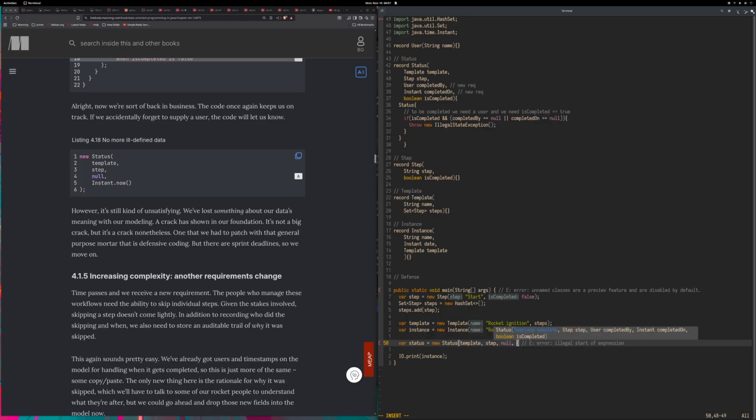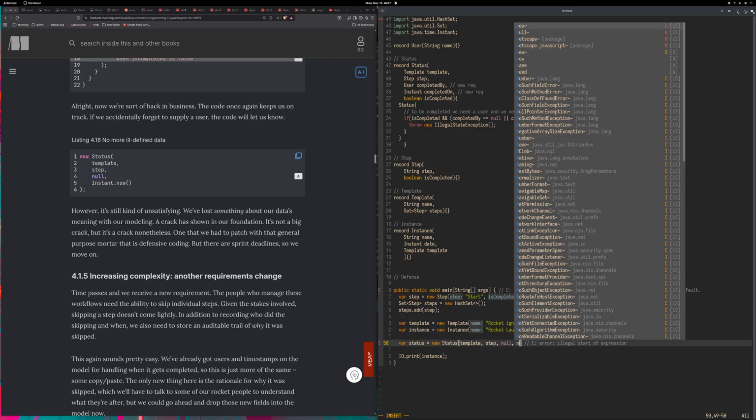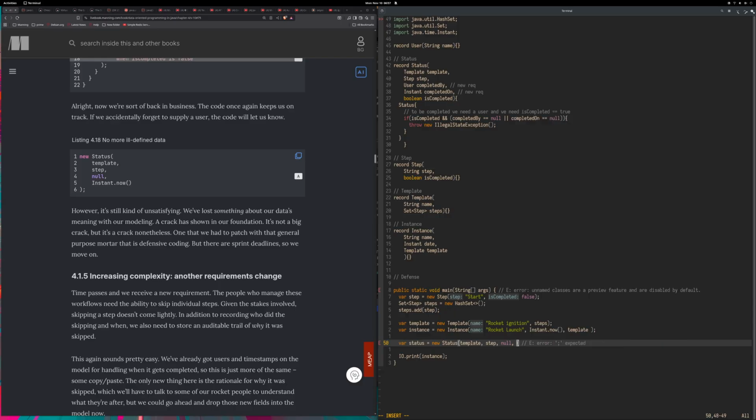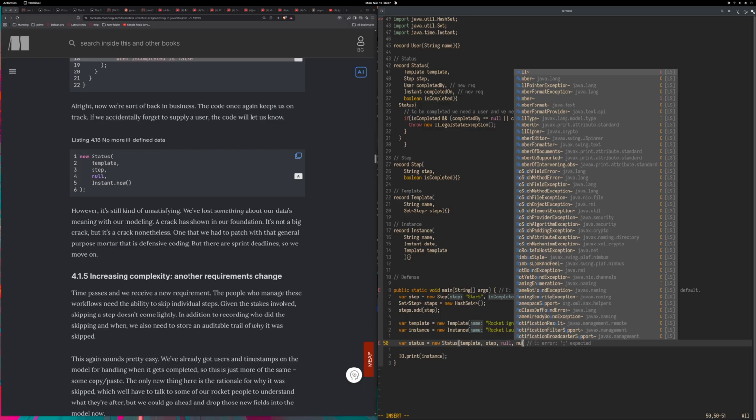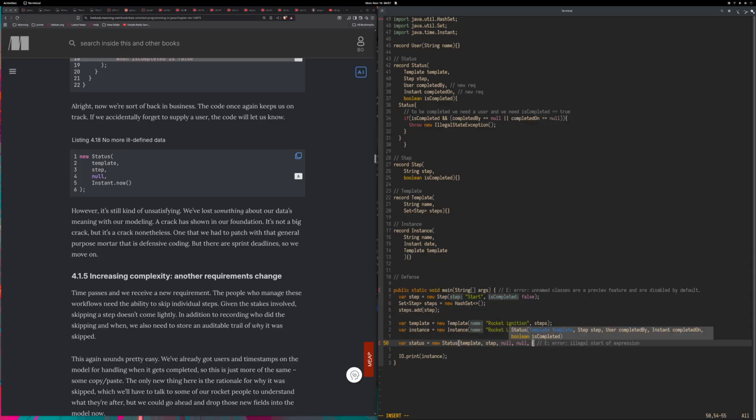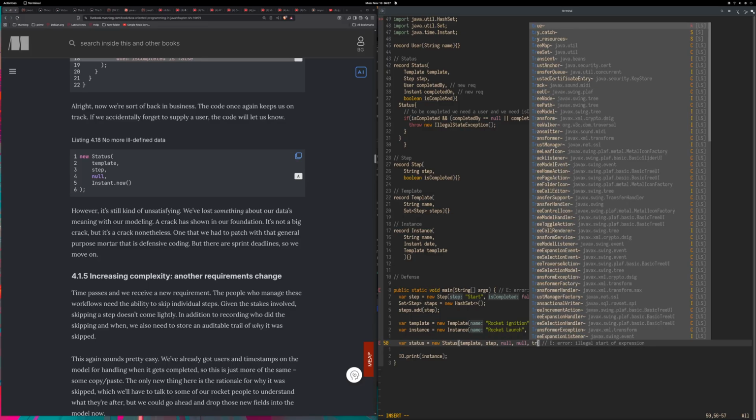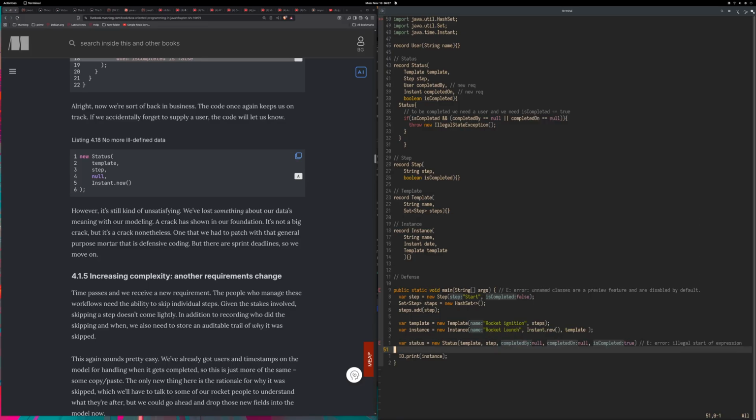Let's say, okay, so user is null. After user, what do we need for status? Let's give this null as well, and then let's say this is true, and it's going to be like, well,